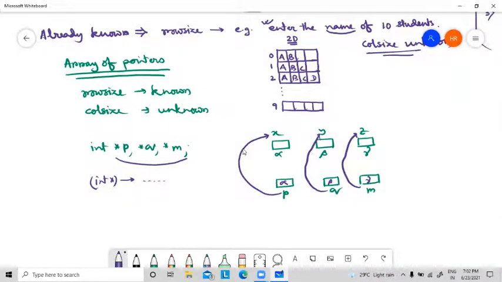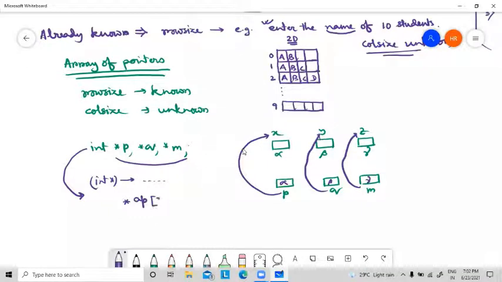Suppose we require 10 pointer variables. Then we have to declare P1, P2, P3, P4 like this. But there is one option for us. If we use a similar type of thing again and again, we should go for an array. So here we can replace this with an array. So the picture will look like this: star P3. Is it clear? So instead of P, let us write it AP.